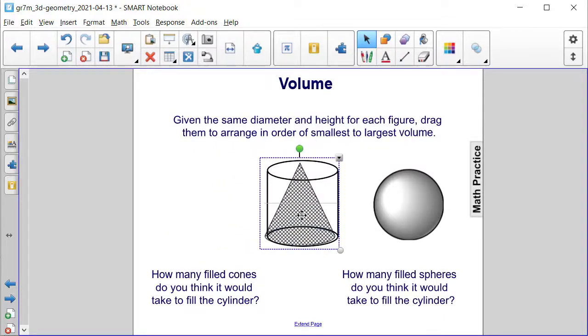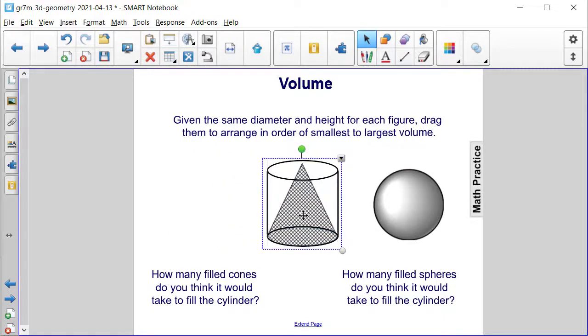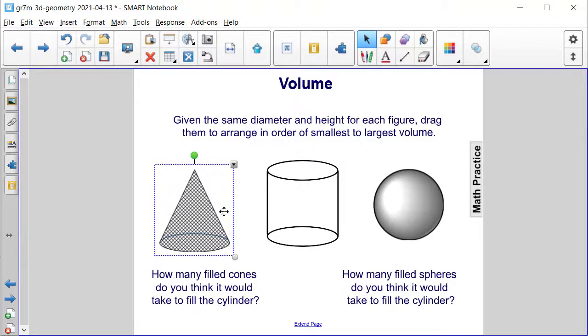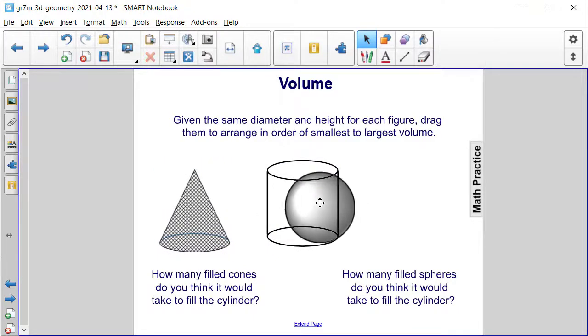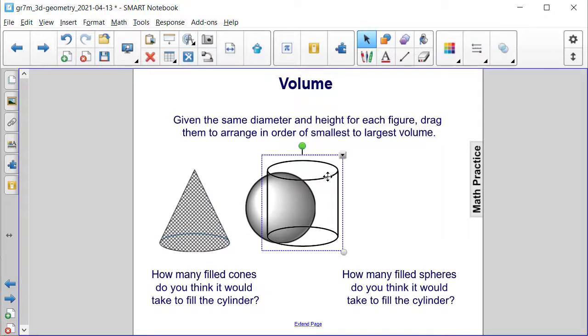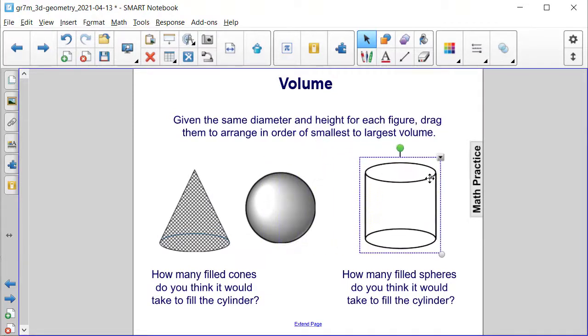Let's see, can we fit this cone inside of it? Oh, we totally can. So the cylinder is still bigger. Not sure if the sphere or the cylinder is bigger. Oh, you can actually fit the whole sphere inside of the cylinder. Okay, that's interesting. So if we take the cylinder